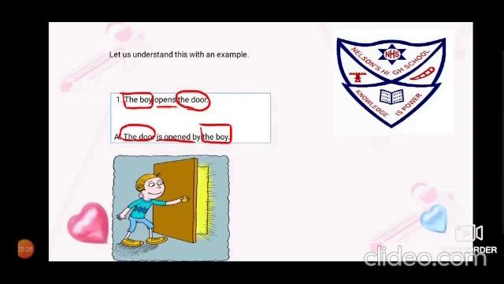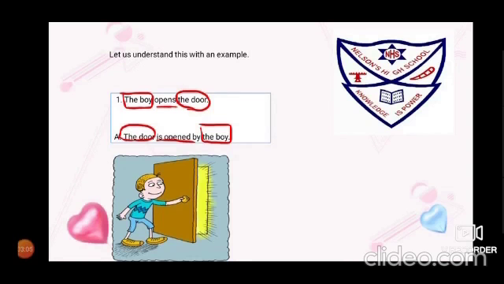Now, as you have underlined or highlighted the subject, the verb, and the object, the next thing is to bring the object ahead. So, the door. Now, which is the verb? Opens. It is simple present, so am, is, are is to be used. All these details will be given in the next presentation. This is just a demo. So it will be: the door is opened. Is, why? Because it is the door. Then the door is opened by, and you take the subject at the last, the boy. So, the door is opened by the boy.